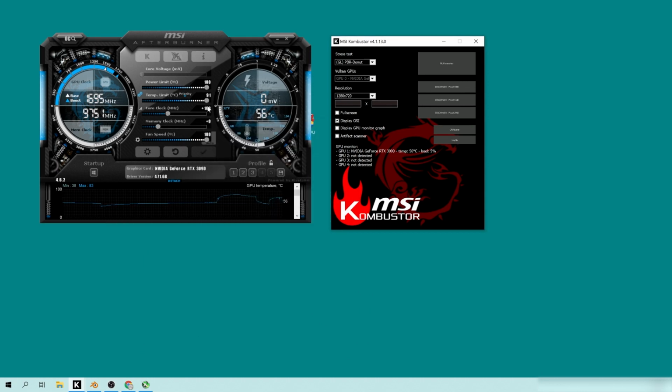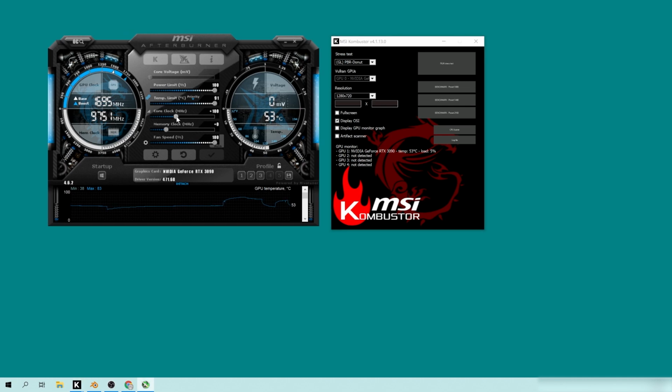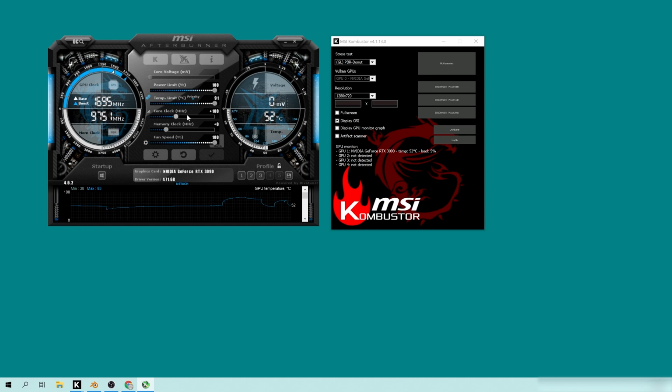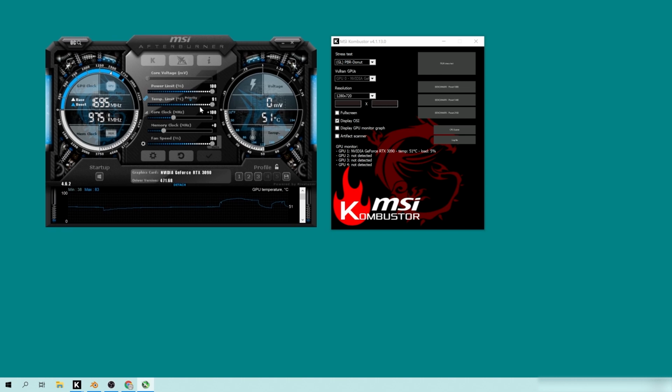And I would just keep adding 25, maybe 50, and then running the stress test for a couple of minutes, 1 or 2 minutes. Usually you can tell immediately if there's going to be a problem because it will crash. Sometimes your computer or desktop will crash. Now, that being said, it's not necessarily a bad thing. That is a safety feature that's built in that will not allow you to destroy your card. Okay. And all of that is just part of testing the limits of how much you want to actually push